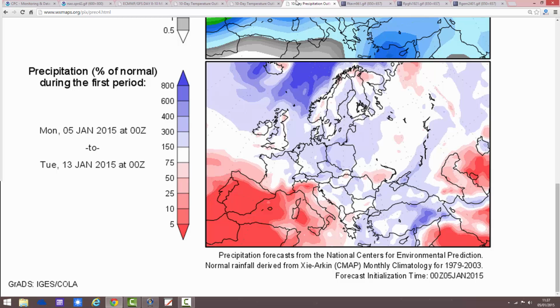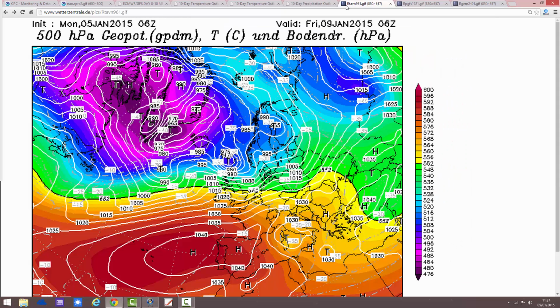The rainfall anomaly, precipitation anomaly for the 5th to 13th of January is coming out average to a little bit wetter than average. It's going to be quite an unsettled week, particularly in the north and the west. Now, we could get a storm on Friday morning across northern Scotland. This little area of low pressure here could bring some very severe gales to the north of Scotland. We want to keep an eye. It's going to be generally a windy spell coming up later on this week and into the weekend everywhere, but the worst bit I think is going to be for the far north of Scotland.